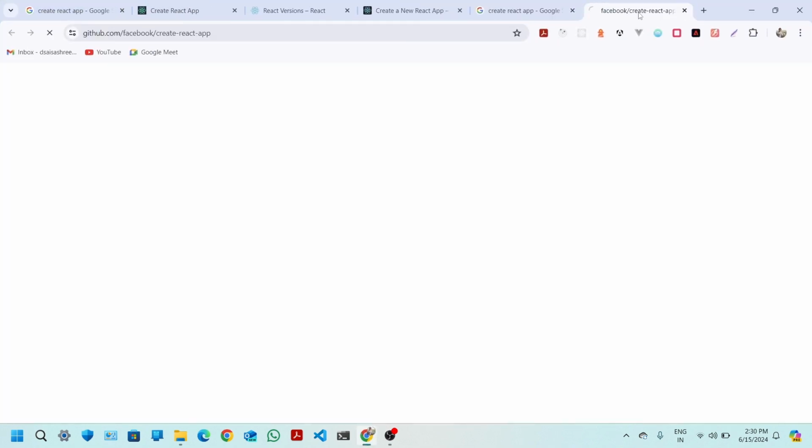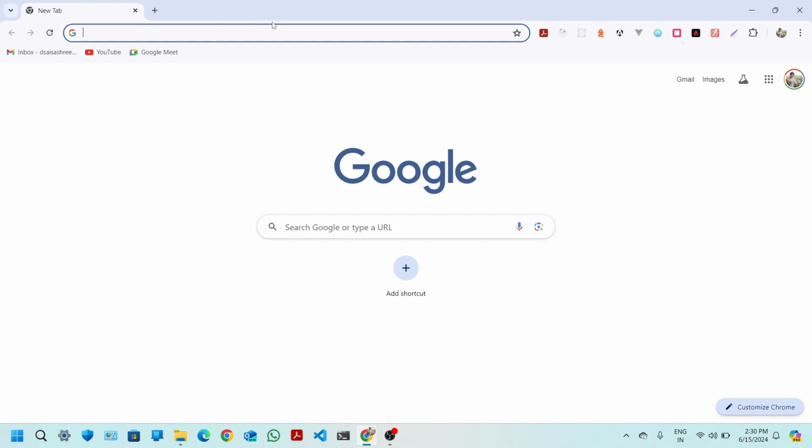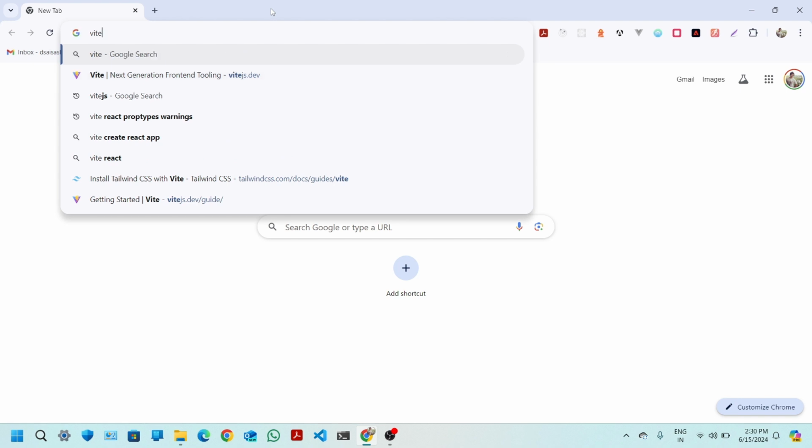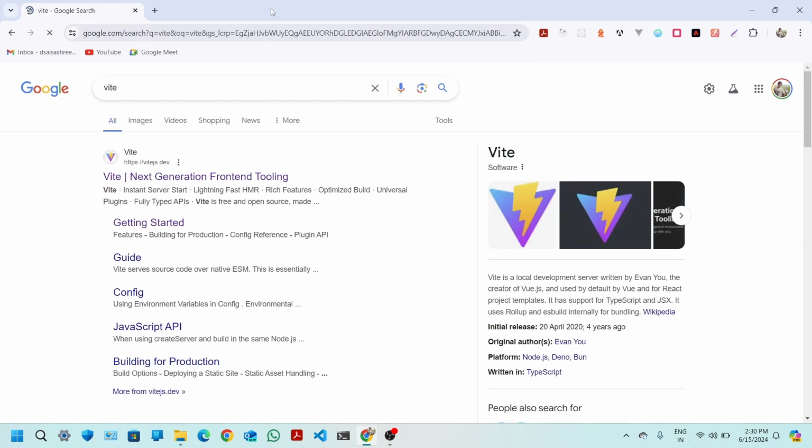So let's close all this. To create a React app in a different way, instead of using create React app, we have another way, like Vite. If we type Vite in Google, we get the first link, which is Vite, next generation front end tooling. If you open it,